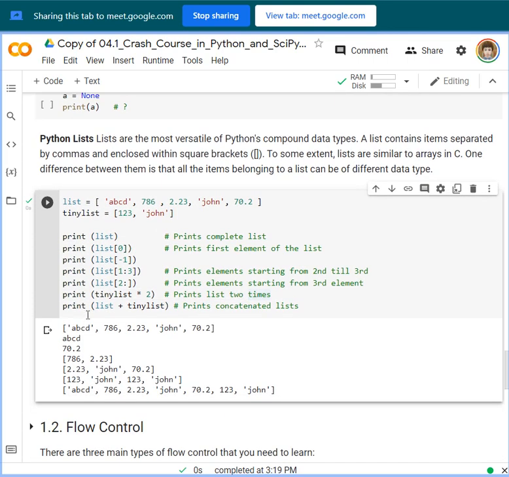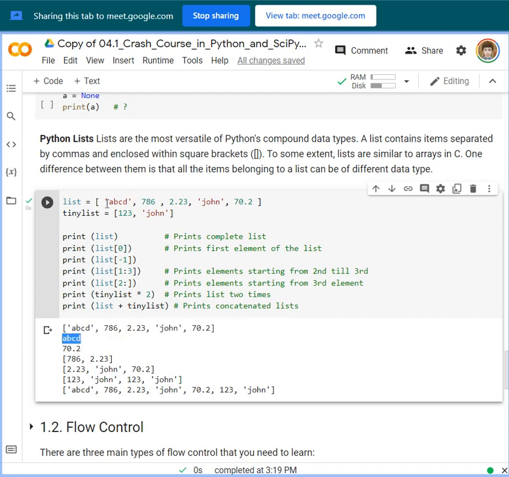Okay, so for the list, it will show this output, since we assigned the following in this variable. And for list 0, again, what happened, this is atra ABCD.